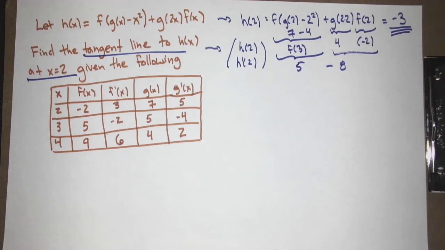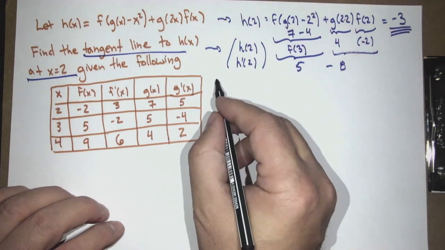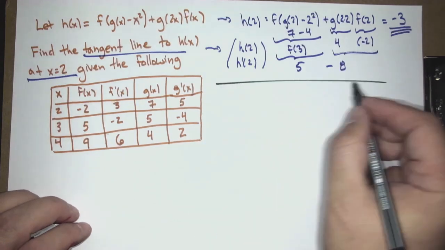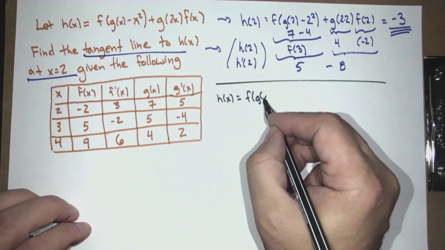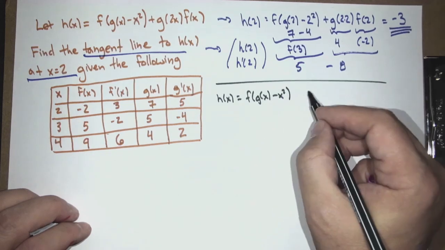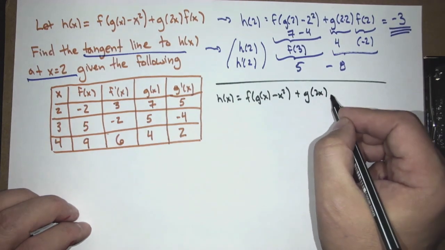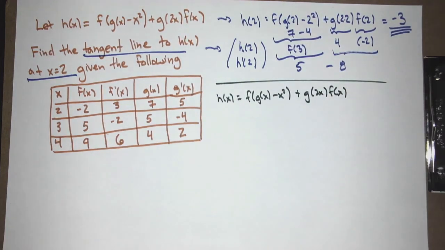All right. So what's the next thing to do? We need to find h prime of 2. And if we're going to find h prime of 2, what do we need? We need the h prime of x. Oh, this sounds like it's going to be long. But that's okay. We have 75 minutes. We don't need all the time. Some of the problems are quick.